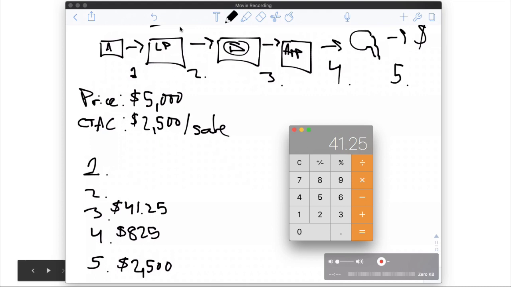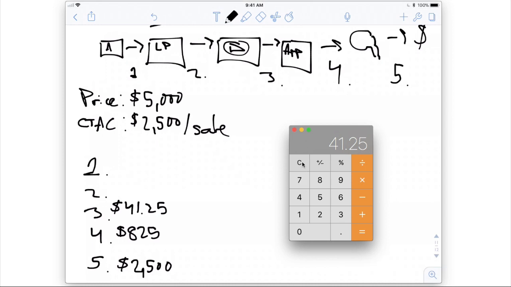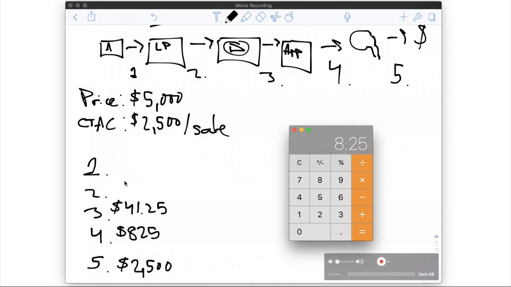Now, standard landing page conversion rate, I mean, a good landing page will convert at around 30%, but standard conservative is 20%. And so basically, if 20% of your landing page clicks will convert into a webinar registrant and you're willing to pay $41 per webinar registrant, then that means you are willing to pay 20% of $41.25. So you're going to take that times 0.2, and that means that essentially you are willing to pay $8.25 per